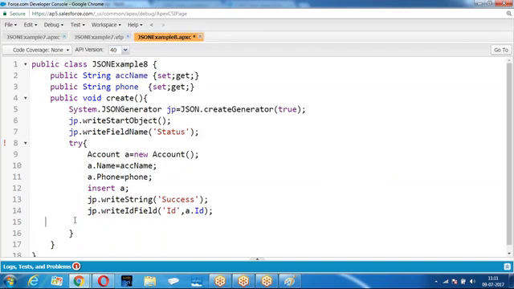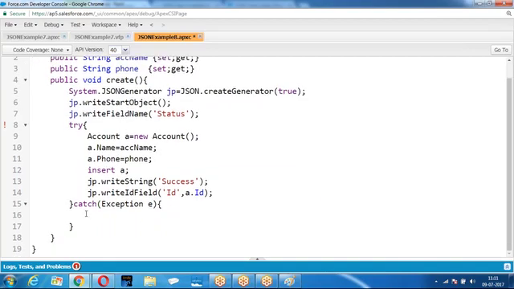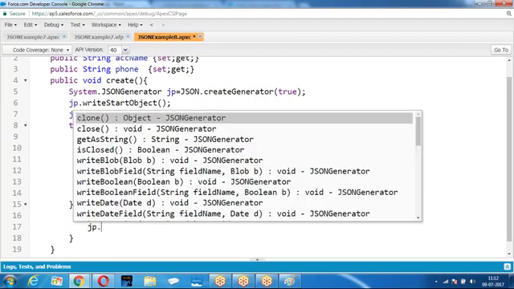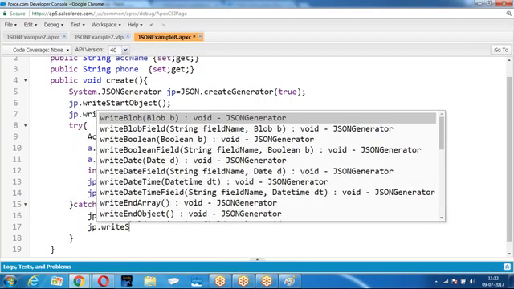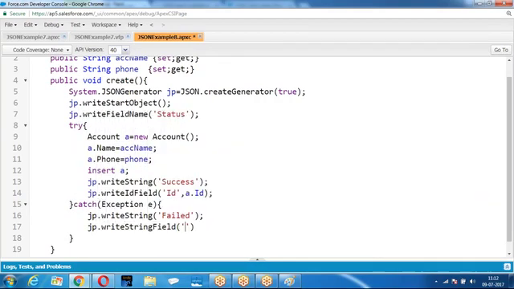No, it is not success. If insert is not success, what happens? It comes to the catch. In the catch, I am giving jp dot write, error.